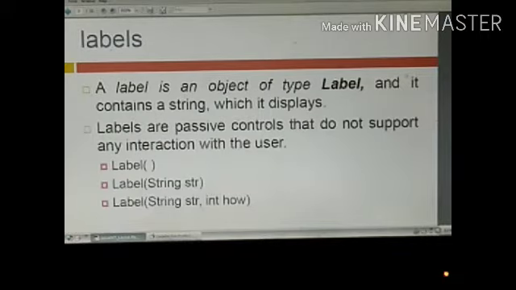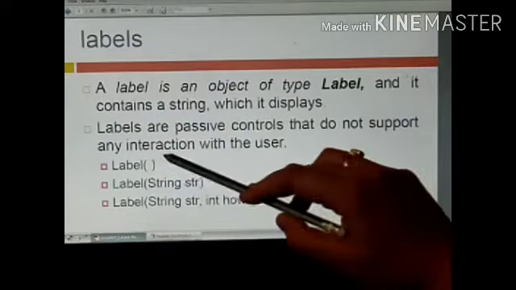The three constructors used to construct a label are Label(), the empty constructor, Label(String str), and one more, Label(String str, int how).